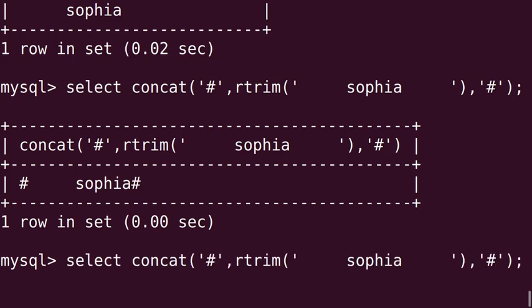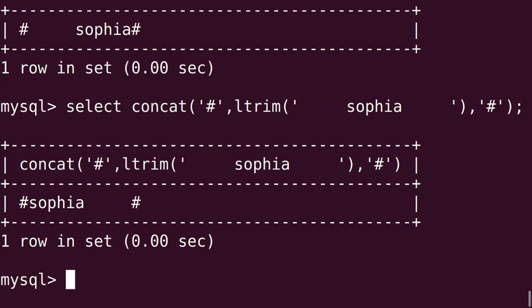Similarly, you can check for ltrim. See, with the help of ltrim function we removed the leading spaces, isn't it?